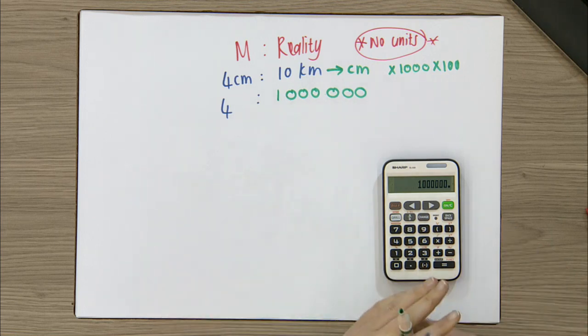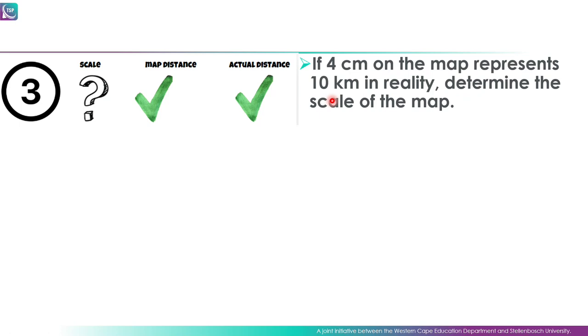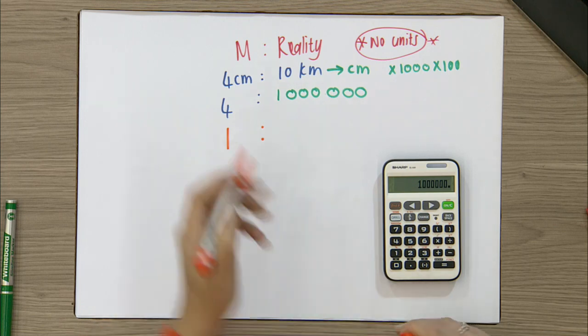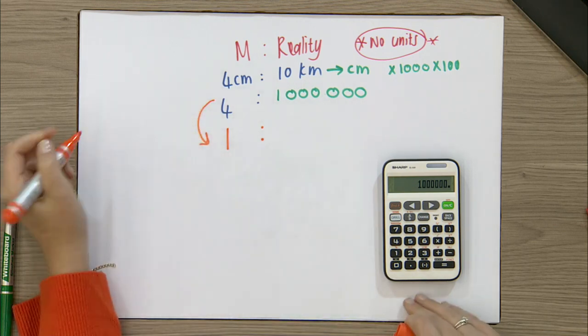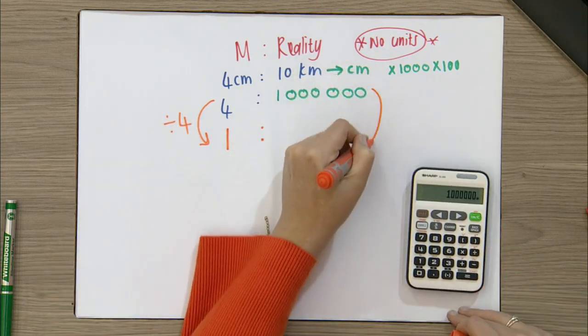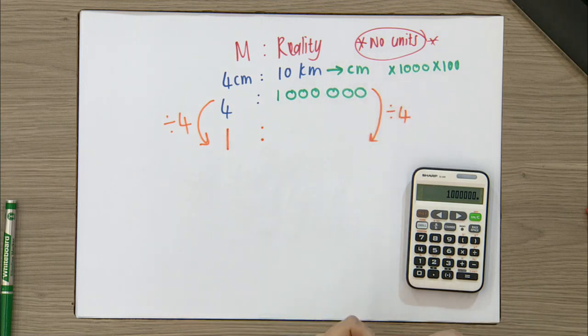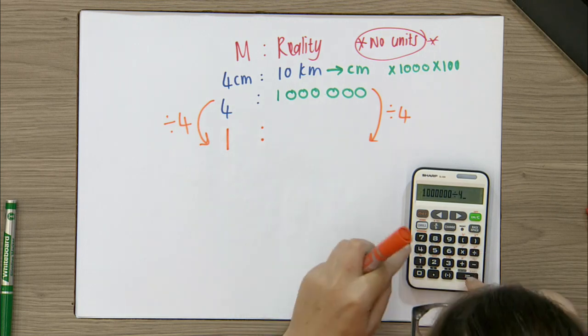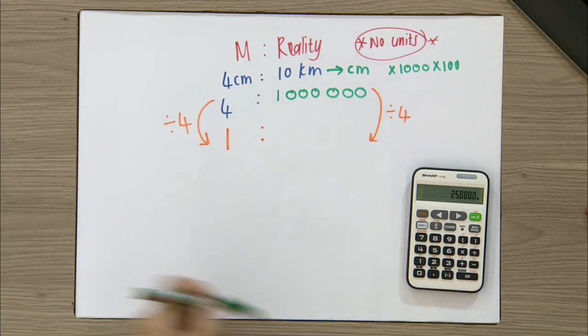So the question asked us for the scale of the map. Remember we said when we determine scale, it needs to be written as a unit ratio. And a unit ratio means the left-hand side of my ratio must be 1. So how am I going to go from 4 to 1? It means I have to divide by 4 on this side, and then I must divide by 4 on this side as well. So if I do 1 million divided by 4, then I get a total of